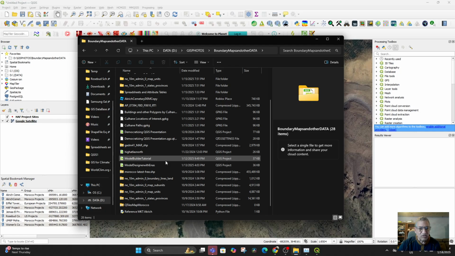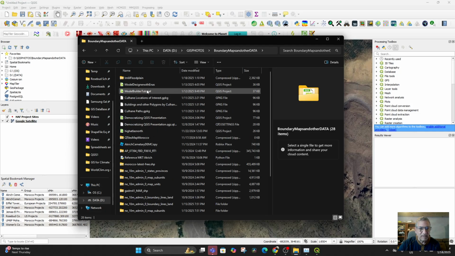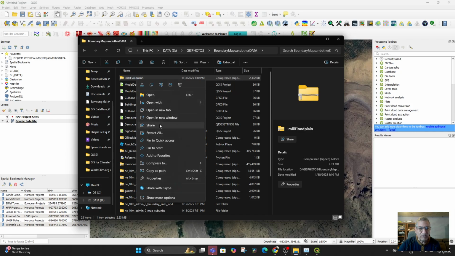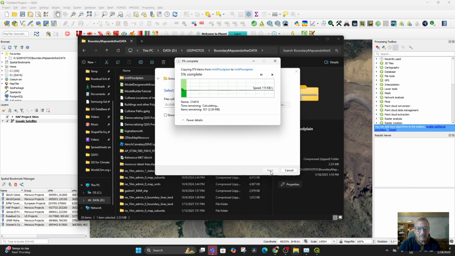Let's see. So underneath here we should have, if I sort by date modified, MLeal floodplain now. And what if I extract it? It's possibly going to do it. This time it does it. Okay. Well, this time I'm allowed. I do the extraction. And I'm not having to extract using QGIS. So, now that we are extracting,